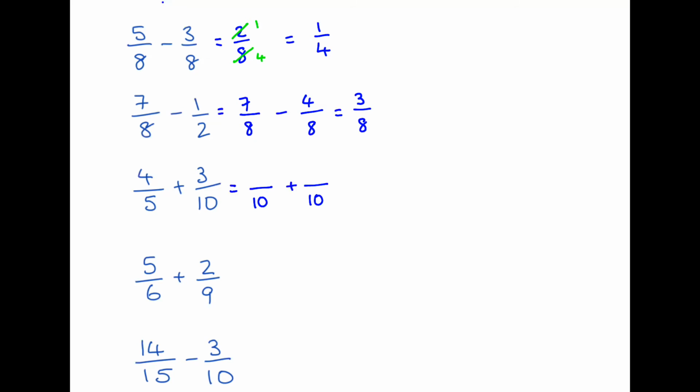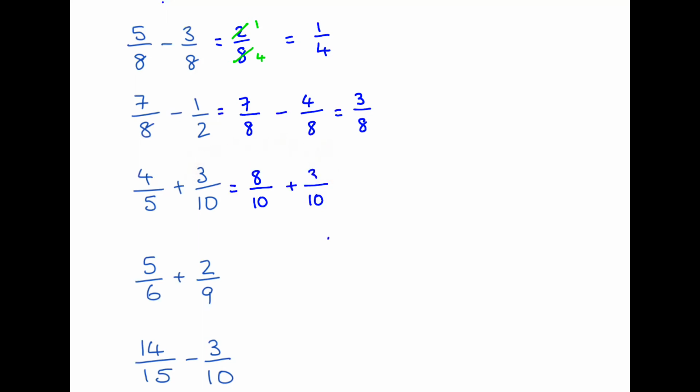So we have a look and see, what did we do to 5 to get 10? Well, we've multiplied by 2, so we need to do the same with the 4 as well. So 4 times 2 is 8. So 8/10 is equivalent to 4/5. So this fraction, we haven't done anything to the 10, so we're not doing anything to